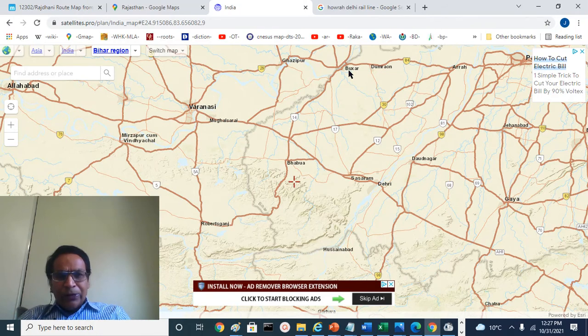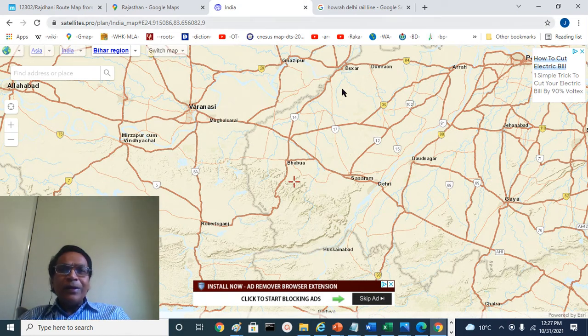and Shuja-ud-Daula, the Wazir and Monarch of Oudh at Buxar, 1764, and Hector Munro was the victor there, and it continues in the Buxar, and it continues, and you see Mughalsarai here. So that is about the